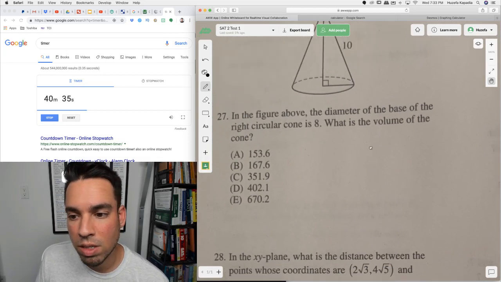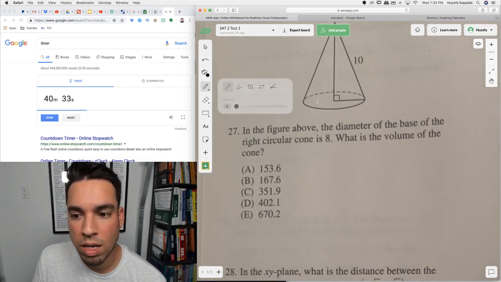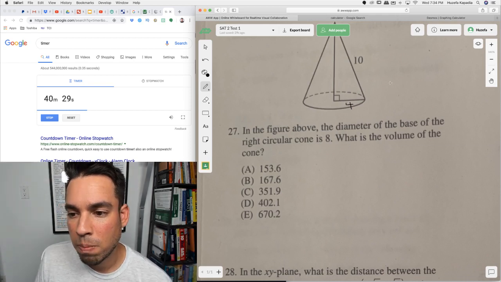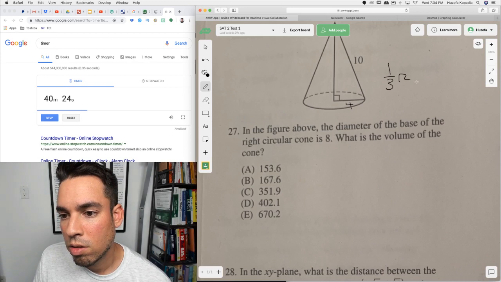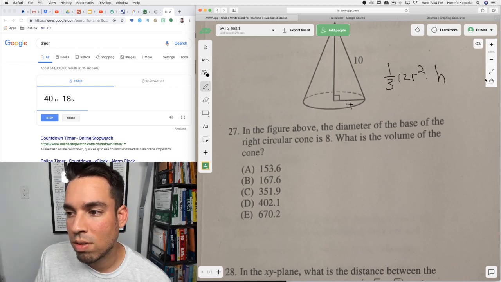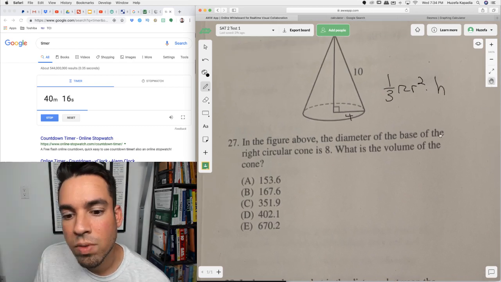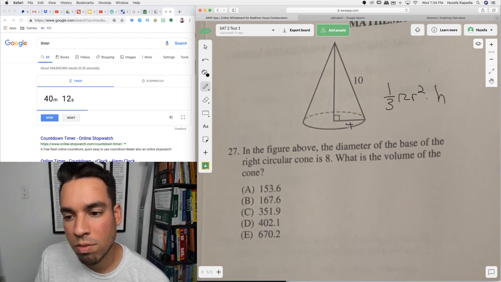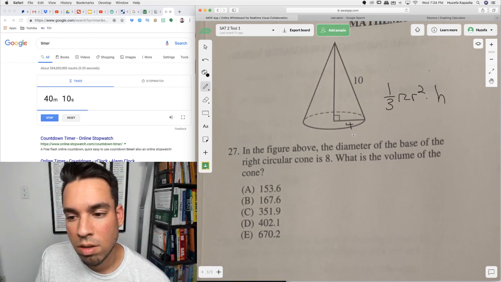Okay, next, in the figure above, the diameter of the base of the right circular cone is 8, which means that the radius is 4. What is the volume of the cone? So it's 1/3 pi r squared times height. And we don't have the height. We have the slant height, and that's no good. We need this value. So if this is 4 and this is 10,